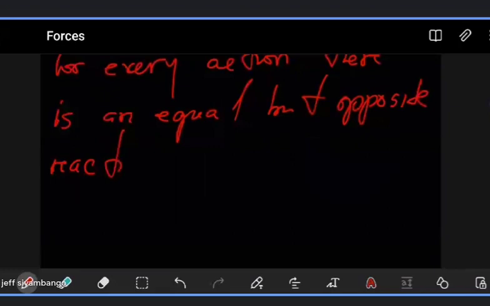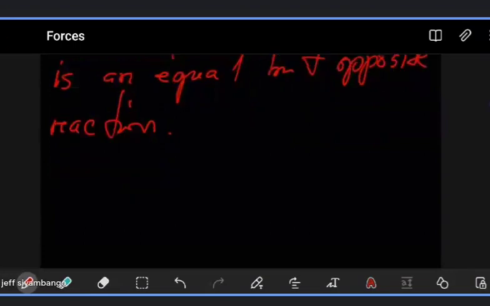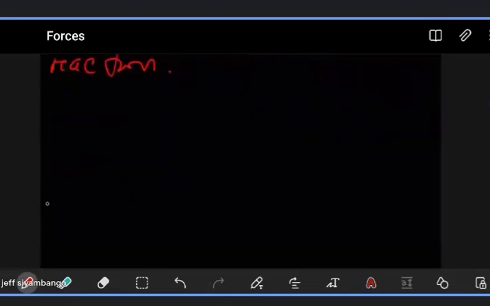Now, this statement has a lot of applications. It can be traced to many ideas in engineering and also to everyday activities. Now, the easiest way that you can actually picture it is if you have an object like this that